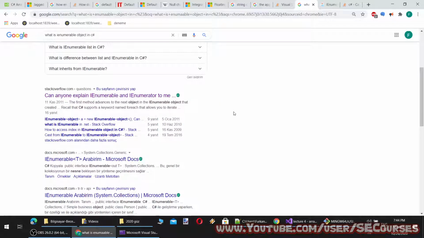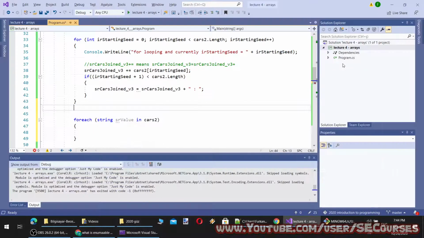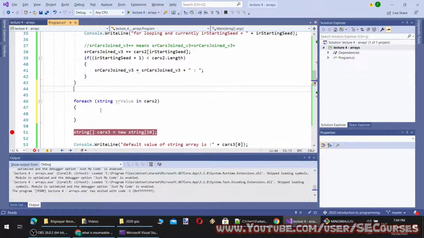This looks like advanced stuff for now, so just ignore it. So it is going to print every value of cars2.